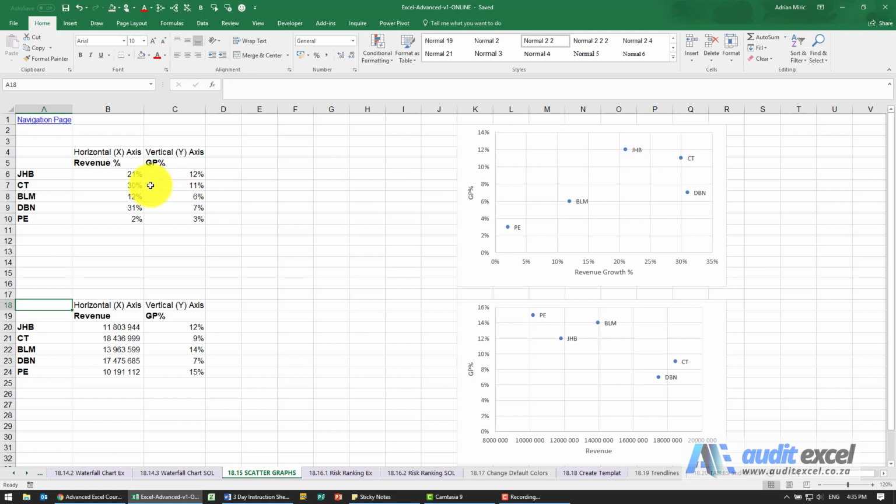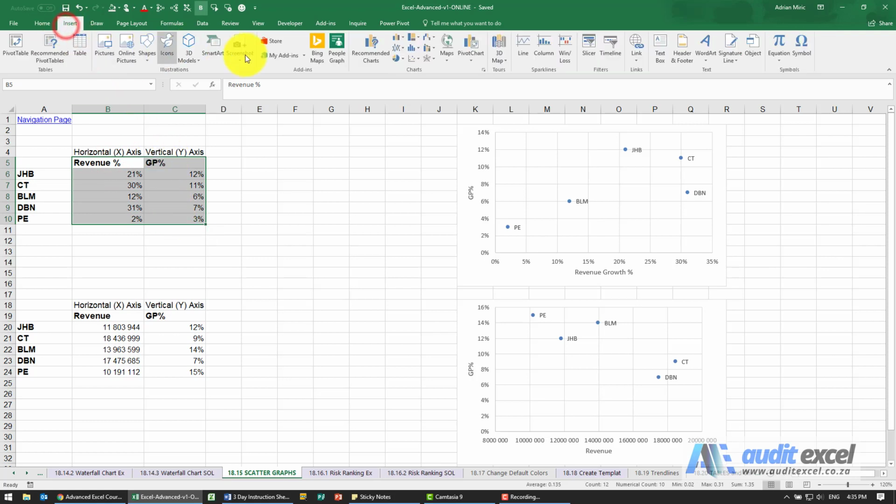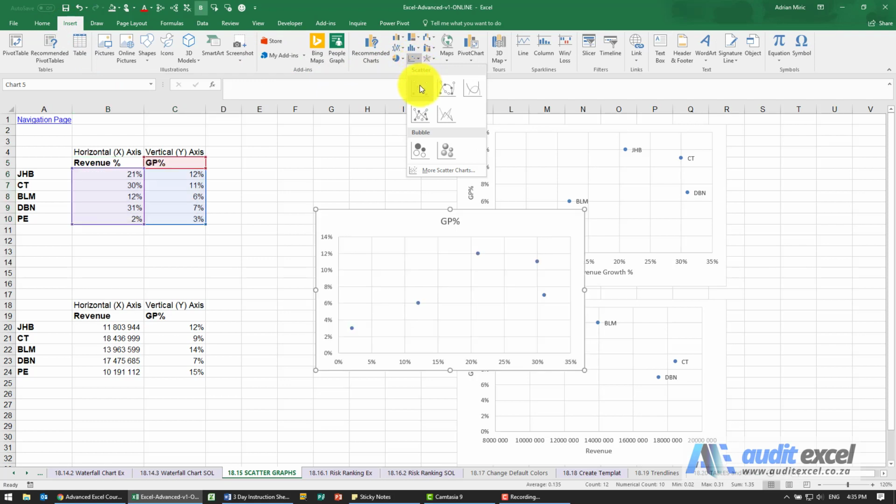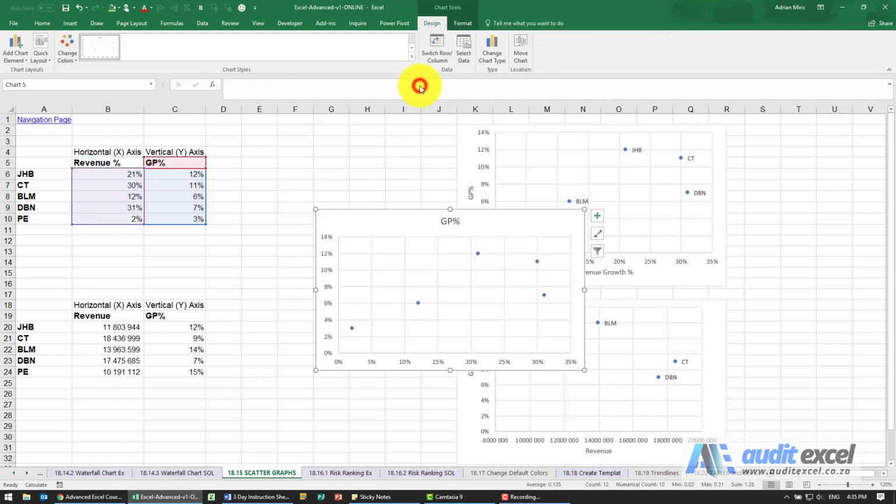So what's key here is the data you set up. The first column is going to be the horizontal or the x-axis, and the second column is the vertical or y-axis. Now it's very tempting to do that, but it's better you highlight like this so you can control it. And we're going to say insert, and you'll see here we've got a whole bunch of items, and the one we're going to use here is called the scatter.